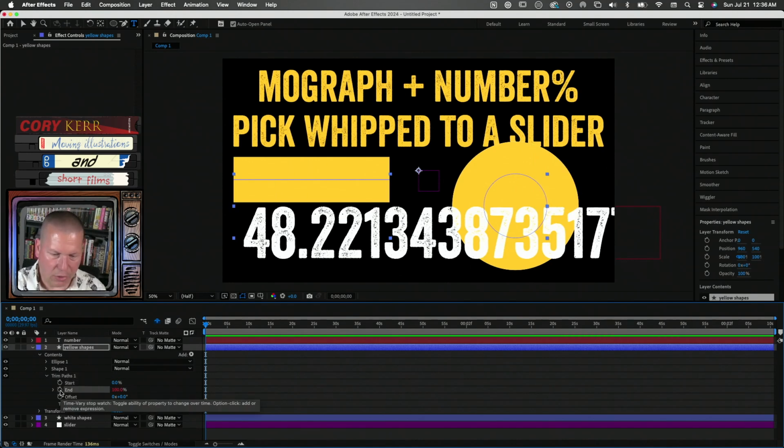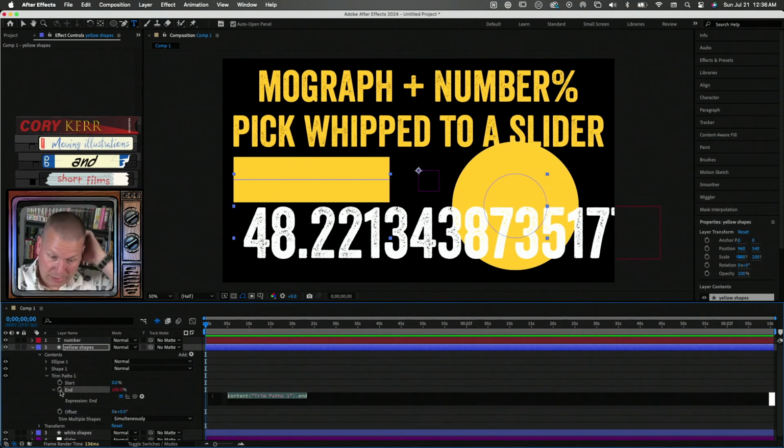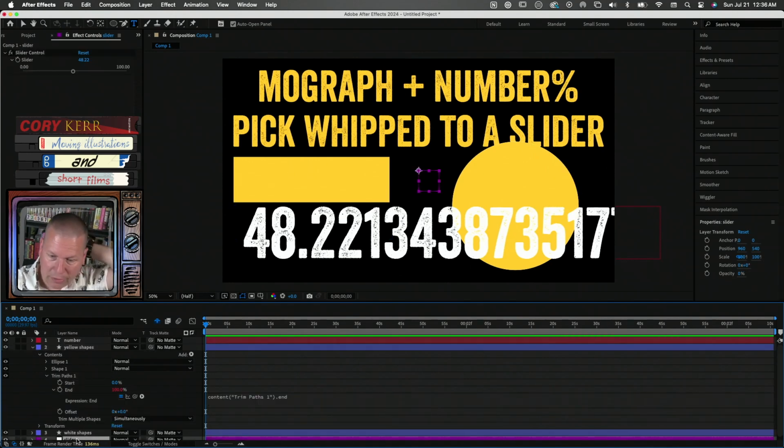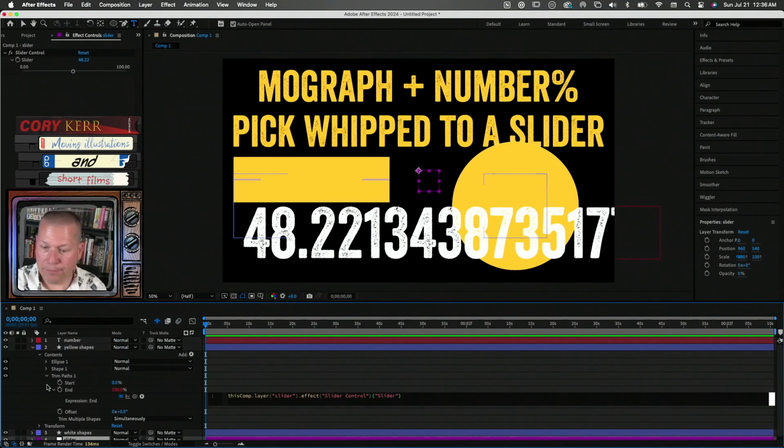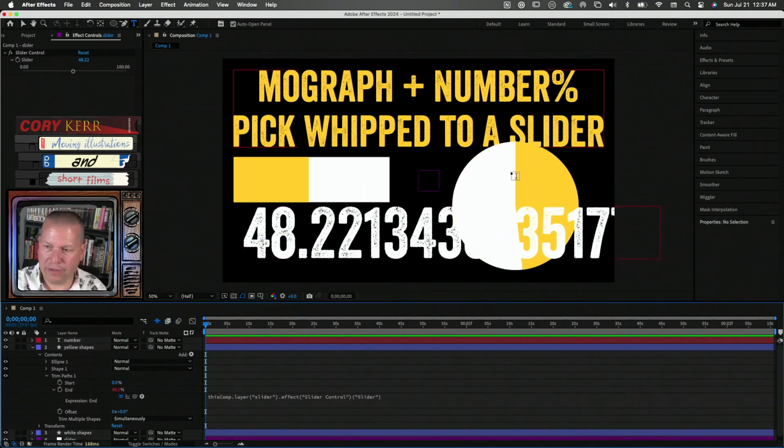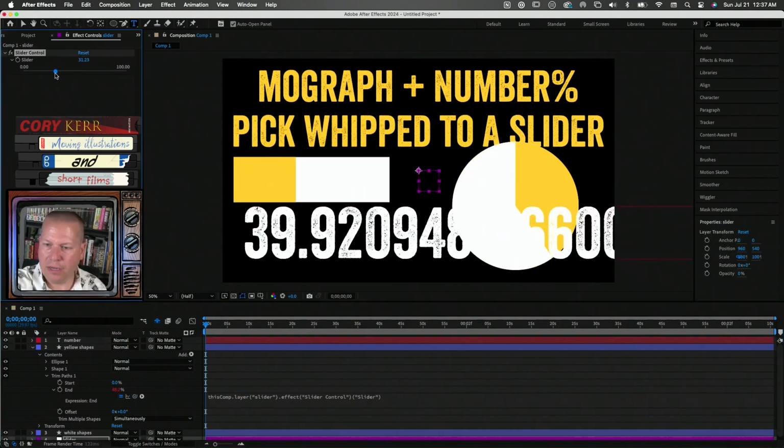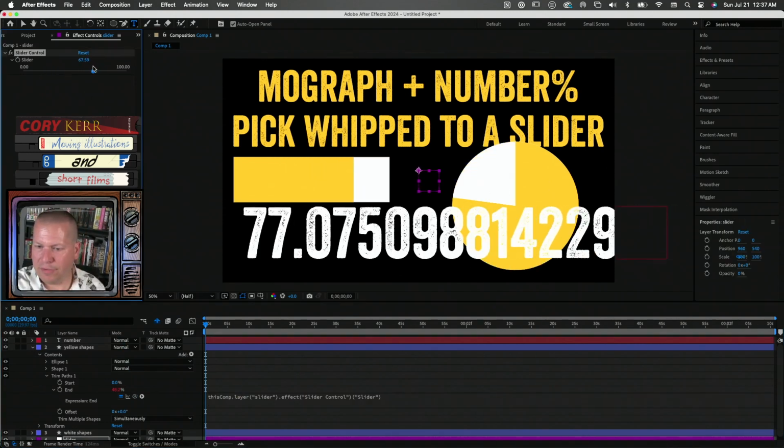So once again, Alt-click to open up the expression menu, come down, click on our slider so that shows up here, and then I'm going to pick whip the end of the trim paths on the contents to that slider. Now, if you get caught, this is kind of important. We're going to click out of this. You can see that it kind of lines up with that, and